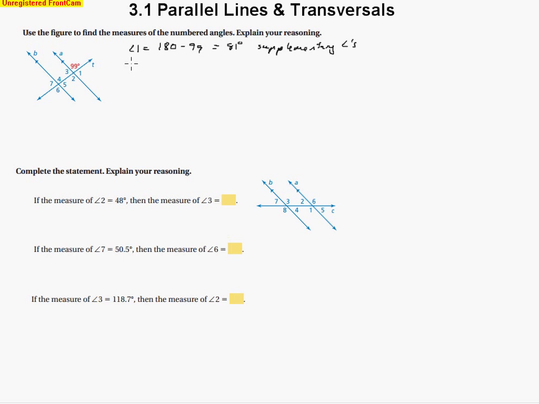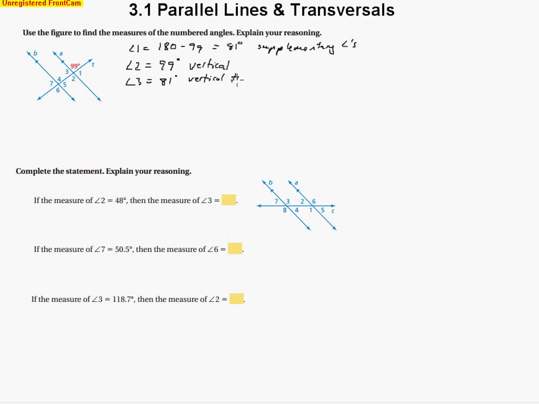And so when we take a look at another one, I could say 99 degrees is vertical to angle 2. So we could say angle 2 equals 99 degrees. And one way to say it is that they're vertical. So vertical angles are ones in which they share the common vertex. And then we could say angle 3 also ends up being 81 degrees. And the reason why it's 81 degrees is because it's vertical